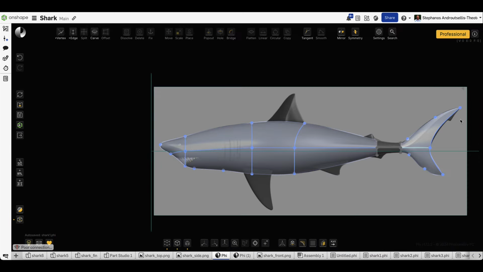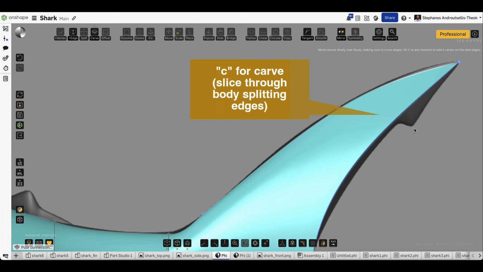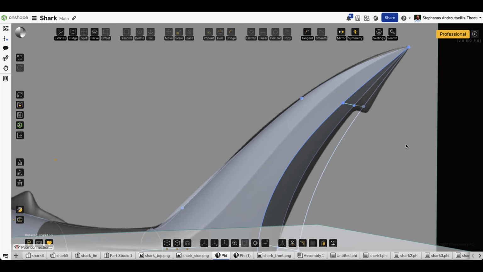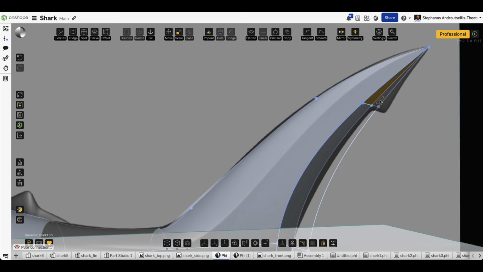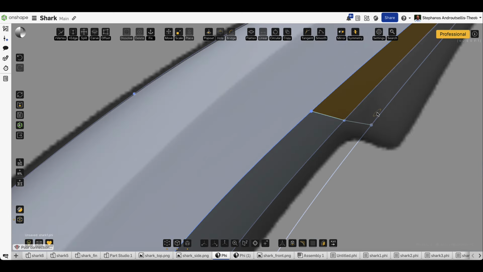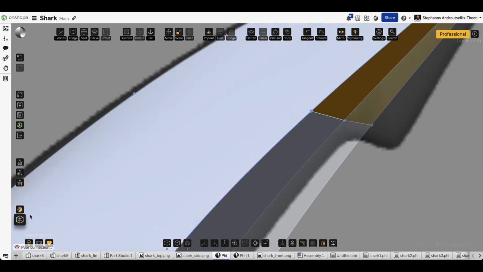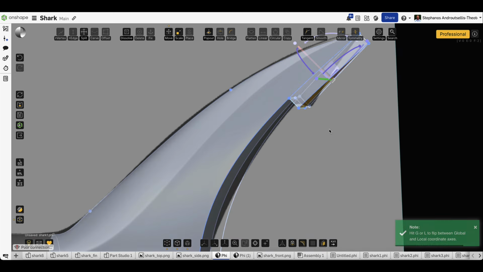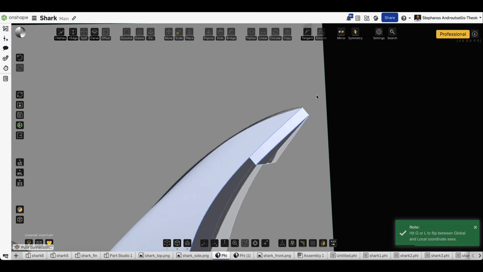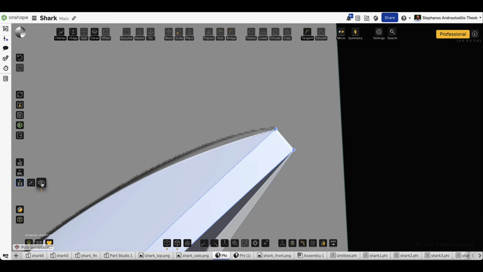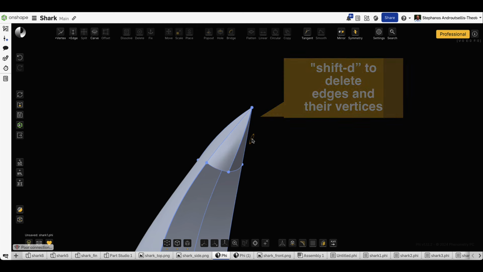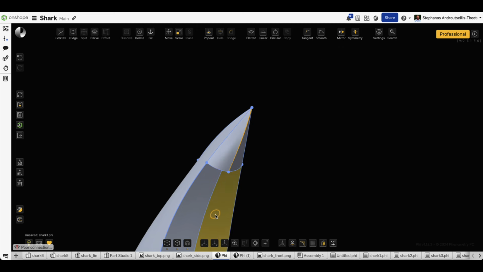carve operation. With a carve operation, effectively it's like slicing through part of our body. So I draw a line, and this is understood as a cut, and indeed you see that these two edges were added to the rear side of the fin. And then I select these two triangles and I will do a pop out to create this indentation. Now a pop out doesn't give me exactly the result that I want, because I then need to go in and delete some of the edges to create this triangular wedge shape. So I will delete these two edges, which will leave me with just the middle edge there,